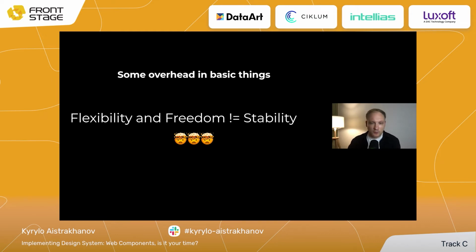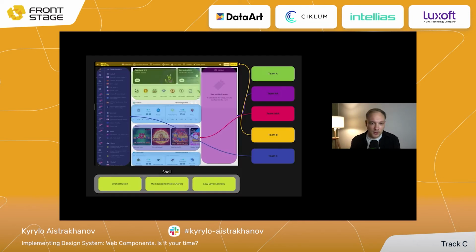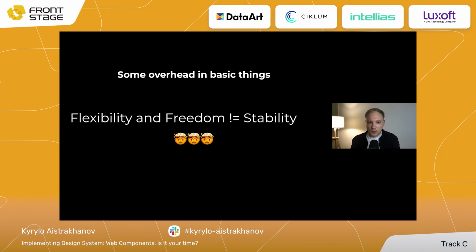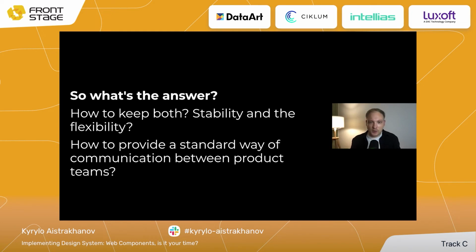So we solved asynchronous releases, we solved the issue with performance, we can load different modules dynamically and so on. We got an almost common software development lifecycle, but when it comes to, for example, design, in different teams, because they have their own vertical of products and so on, they can implement similar features in different ways. So how can we solve it? So what's the answer to the question?